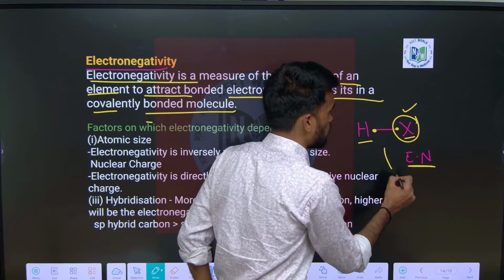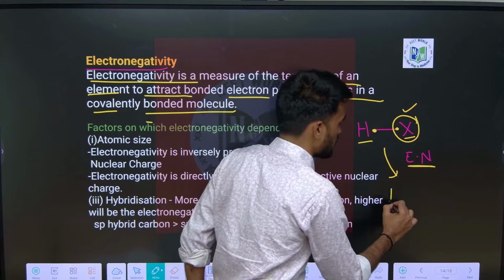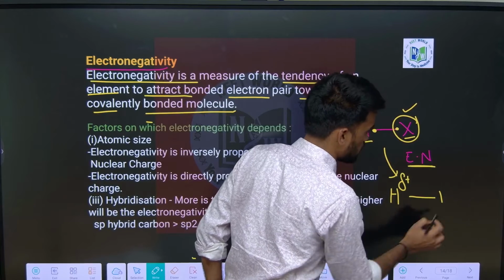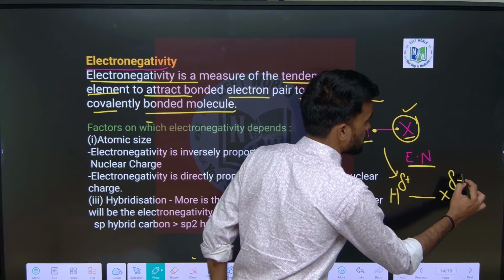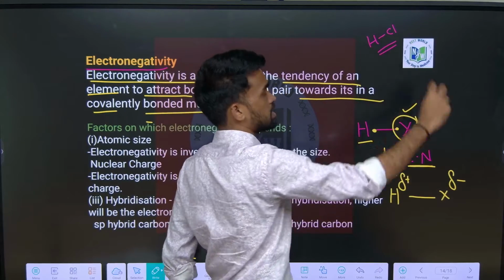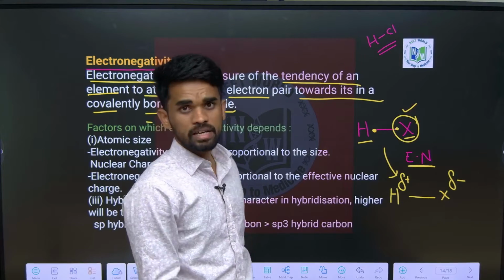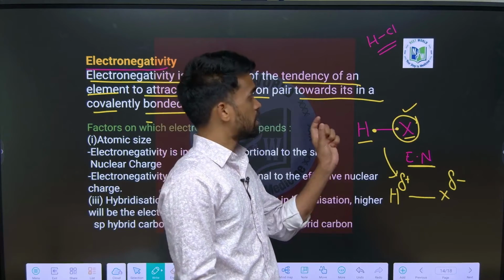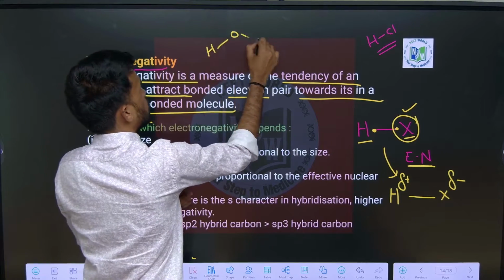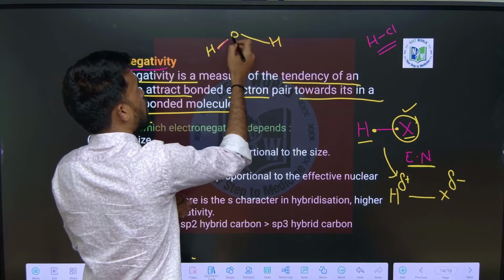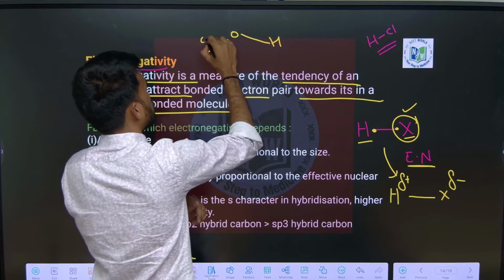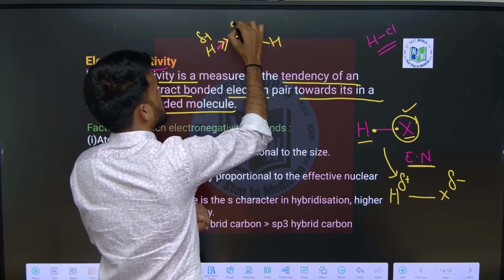Okay, the bond becomes polar due to the electronegativity difference, and we can write a partial positive charge over here and a partial negative charge on the other atom. Therefore this molecule is a polar molecule, like HCl, HF, all those are considered polar molecules. Even a water molecule is polar, because the respective bonds have a difference in electronegativity, right? H-O, like this we are writing. Due to the electronegativity of oxygen, the bonded electrons are dragged more towards oxygen, therefore we will get a positive charge over hydrogen, and here it will be negative.